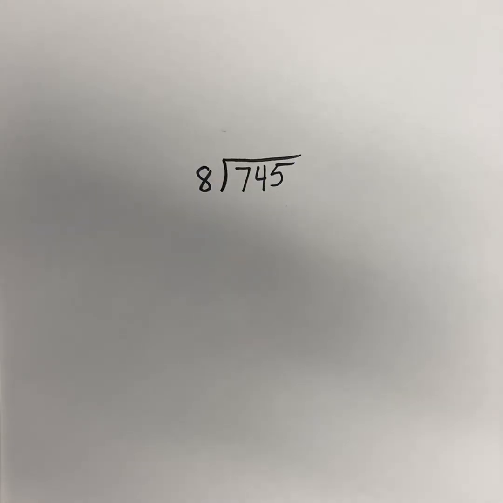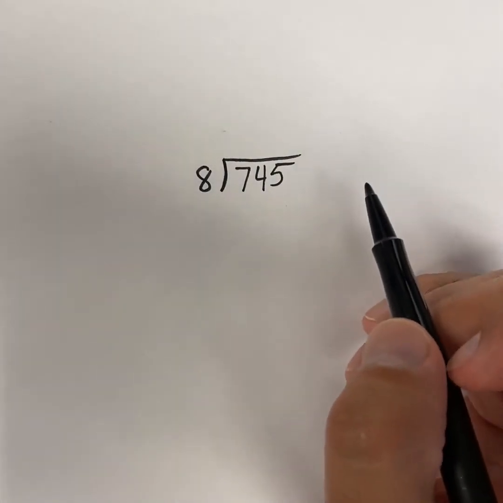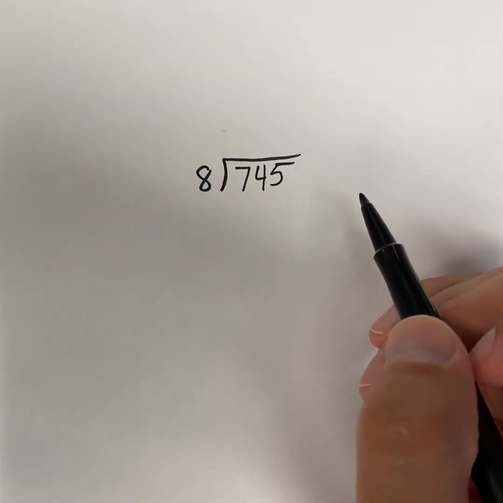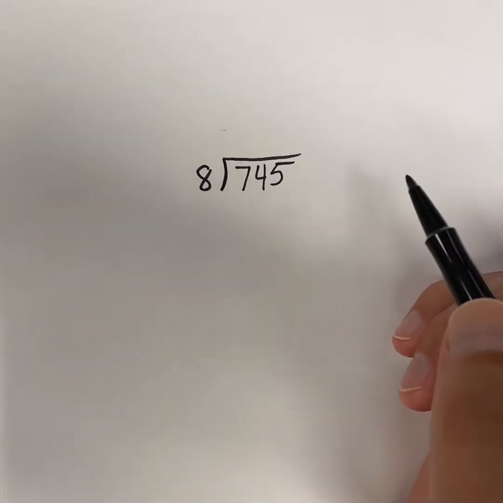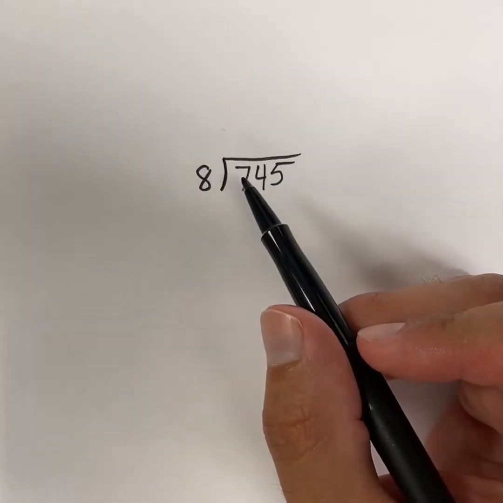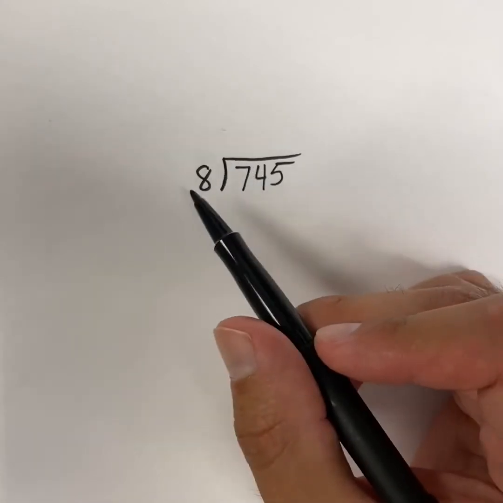Let's go ahead and try this one more time. Here's our next problem. We have 745 divided by 8. All right, so our first step would be to divide the first number. When we look at this problem, I wanted to show this example because 8 is not going to go into